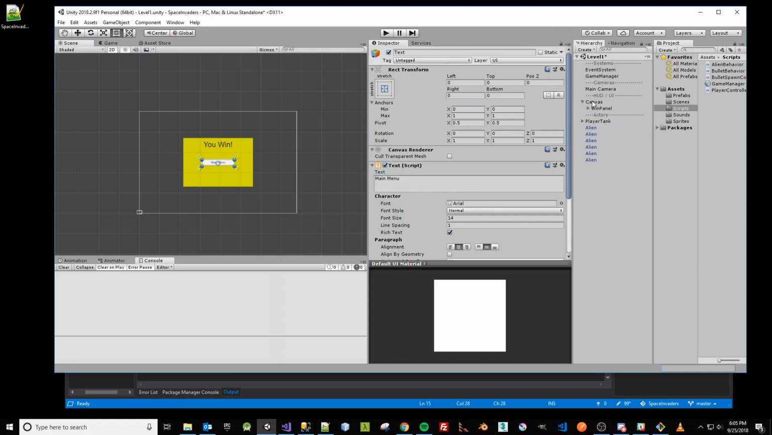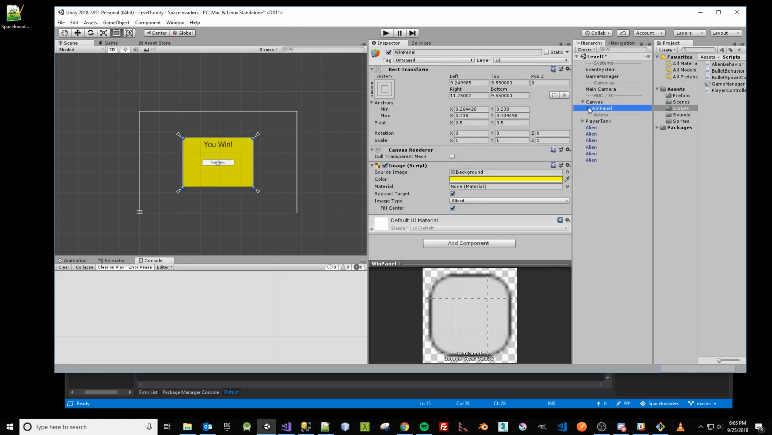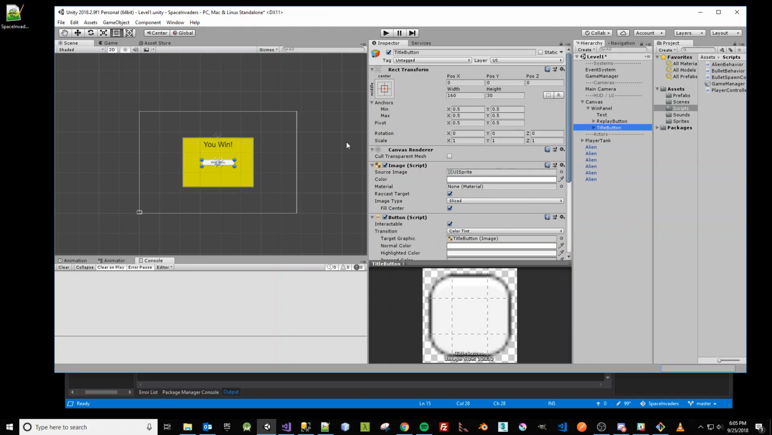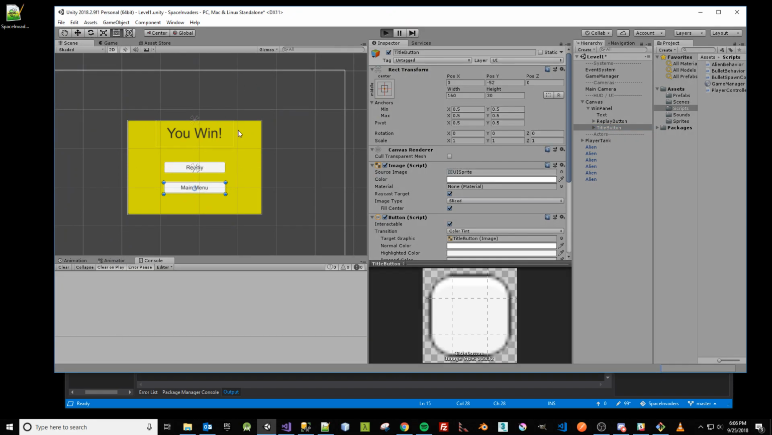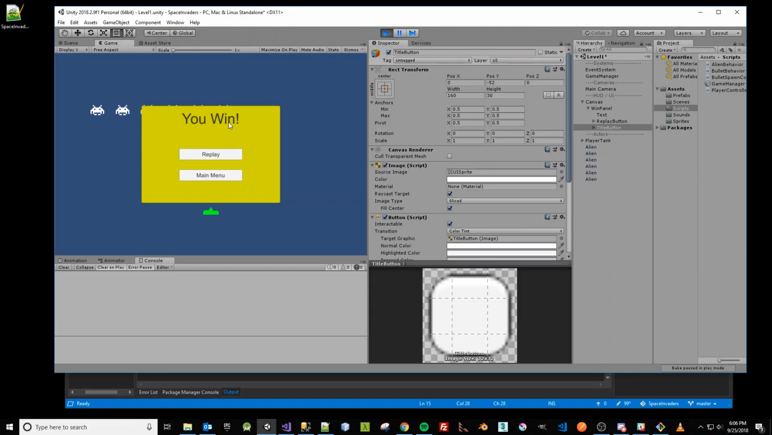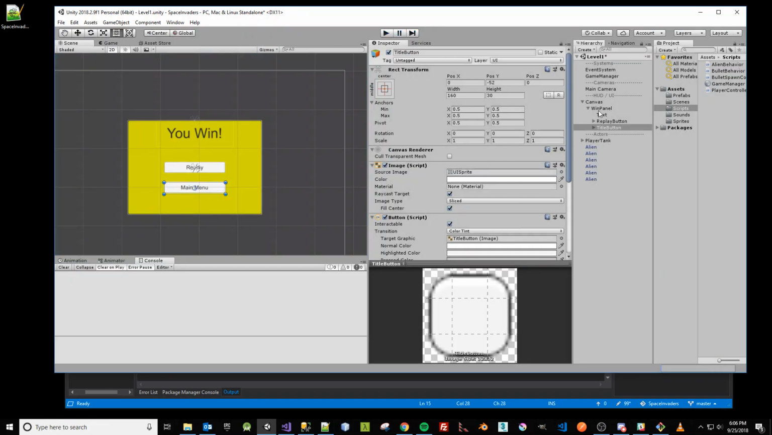Alright. So we got a canvas, got a win panel. Oh, we got 2 overlapping buttons. That's not cool. And just move that down a little bit here. Go. And let's watch this play. Alright, we have this menu over here, and no one's even won, but it's displaying, so obviously we want